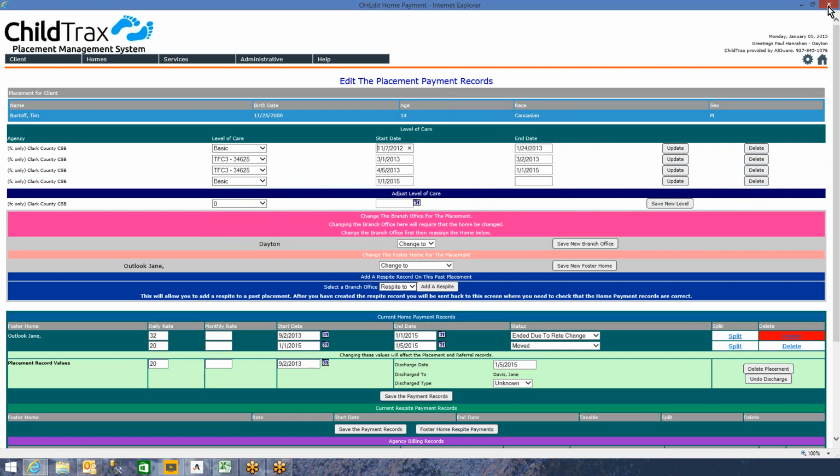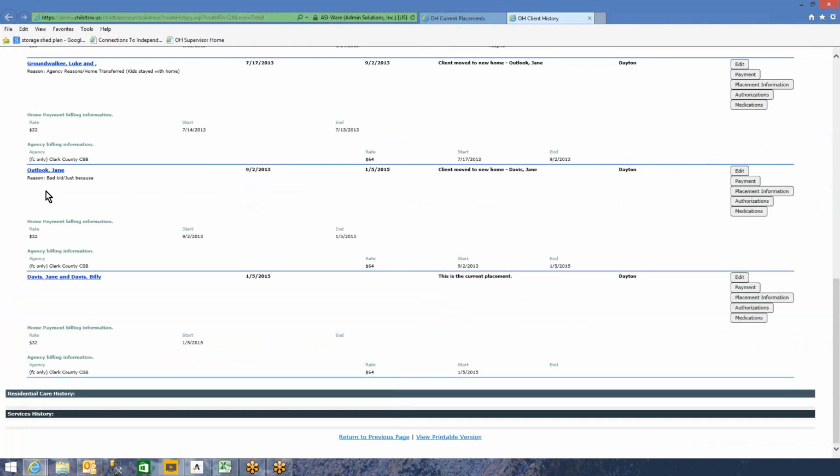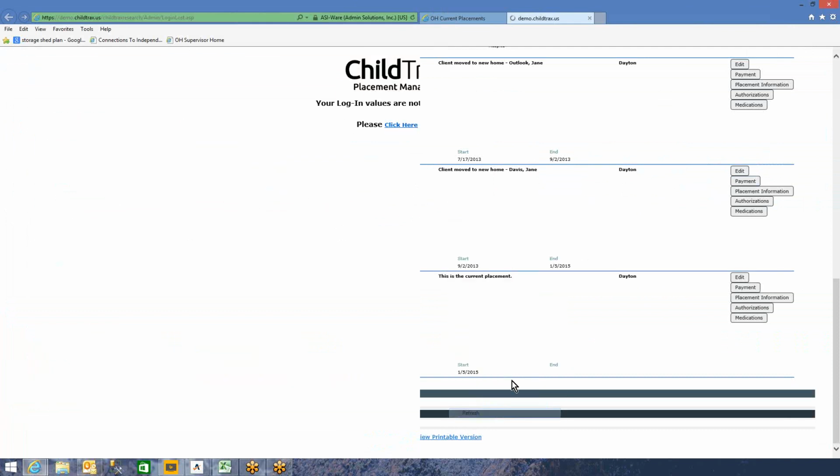So now let's go back to the complete history page. Now we clicked on this payment button, so we took care of this placement record. Now if we refresh this page,